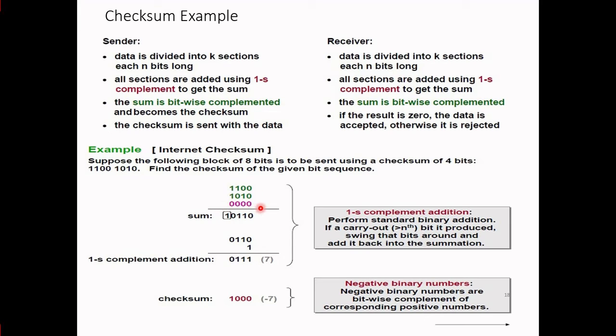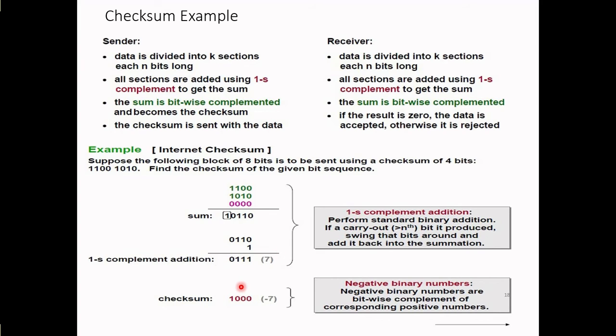Here I added 000. We can also remove it. These 8 bits are divided into 4 bits. So 1100, 1010. Now calculate: 000, 011, 101. Now 1 plus 1 is 0, carry 1. So we get a carry here. So again we have to calculate this carry. So 0110. This is our answer, 0110. In this I have to add this carry, which is 1. So 011, this is 1, this is 1, and this is 0. So our answer is 0110.